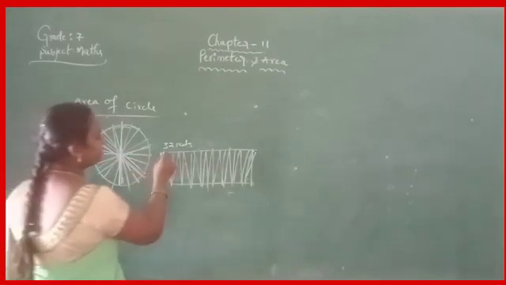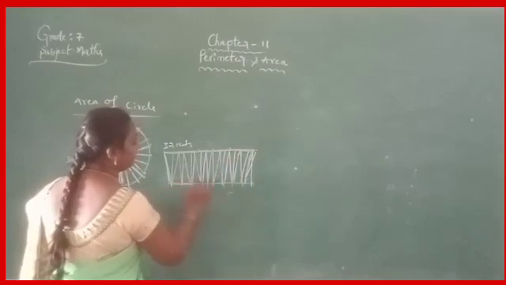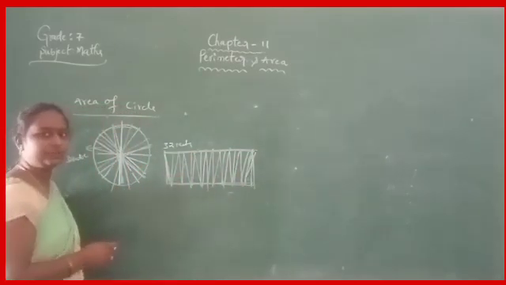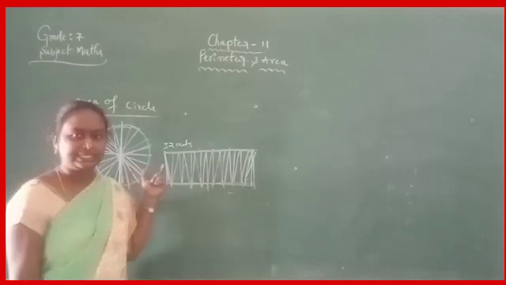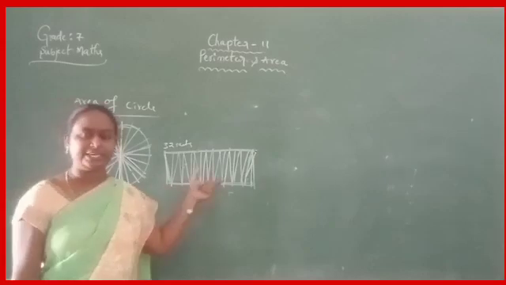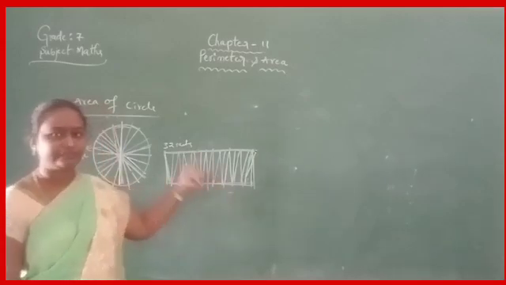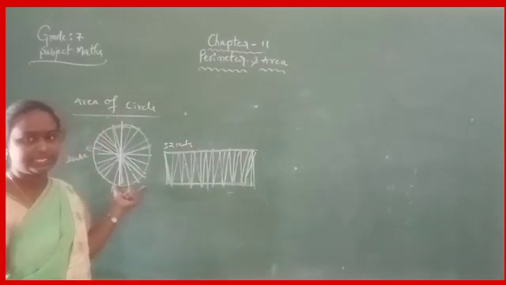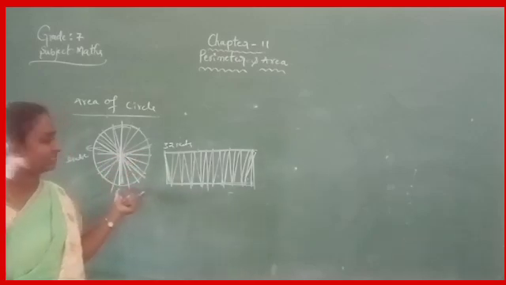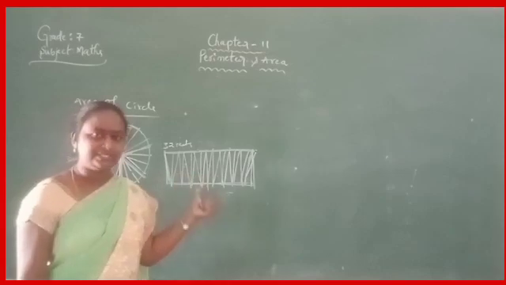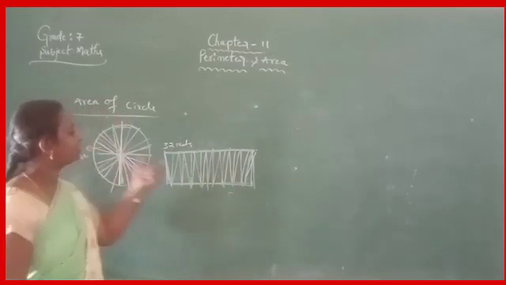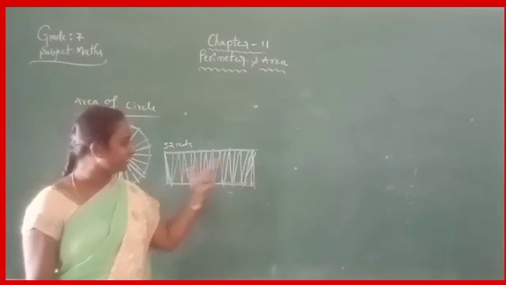After arranging all these parts in order, you get the shape of a rectangle. First you divided the circle into 8 equal parts and after arranging each sector you got the parallelogram. After that, 64 sectors: 32 sectors are next to 32 sectors, and when you arrange all parts like this,